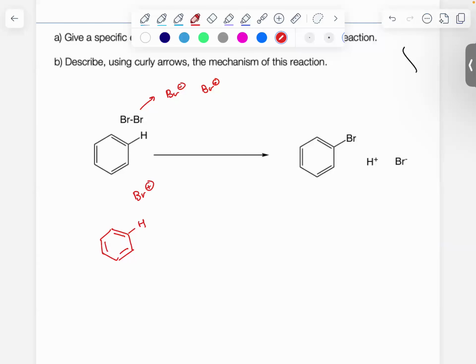We're going to start with adding our electrophile. And now the key part about electrophilic aromatic substitution rather than electrophilic addition to an alkene is we will lose